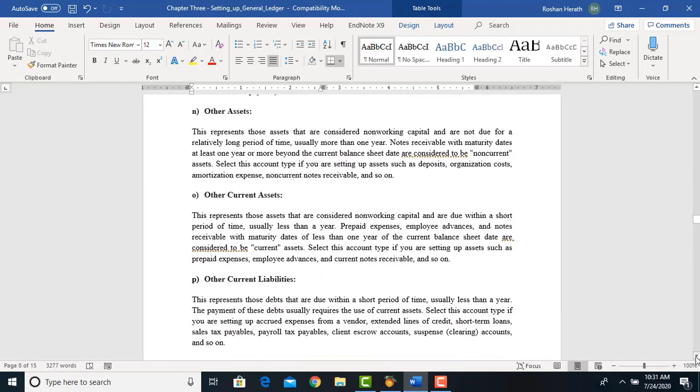Then you have other assets. This represents those assets that are considered non-working capital, that are not due for a relatively long period of time. So in other words, these are the other non-current assets. Notes receivable with maturity date at least 1 year or more beyond the current balance sheet date are considered to be non-current assets. Select this account type if you are setting up assets such as deposits, the non-current